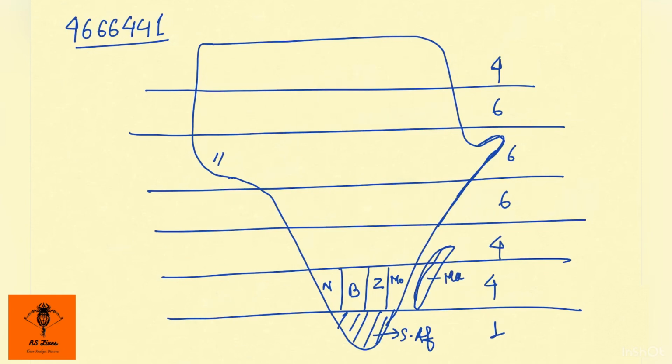Now do remember that in these lines, this one is a reference for the Tropic of Capricorn. Somewhere over here we have the equator, and the first one is a reference point for the Tropic of Cancer. So what we have to remember over here is the Tropic of Capricorn does not pass through Zimbabwe. Let's cut it over here, and this portion is South Africa only. So the Tropic of Capricorn passes through Namibia, Botswana, South Africa and Mozambique.